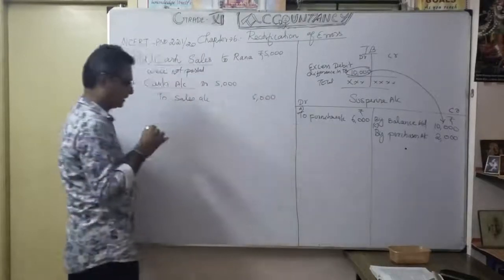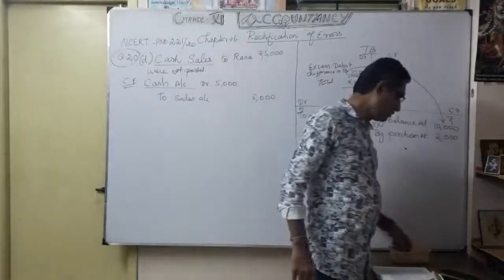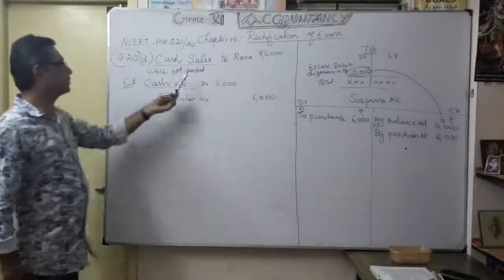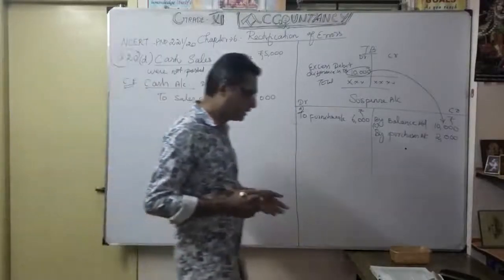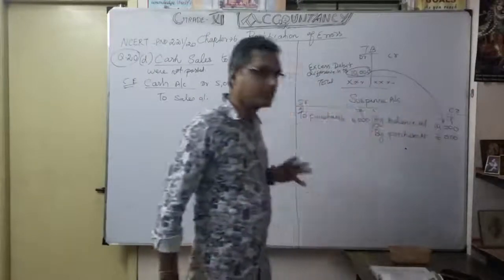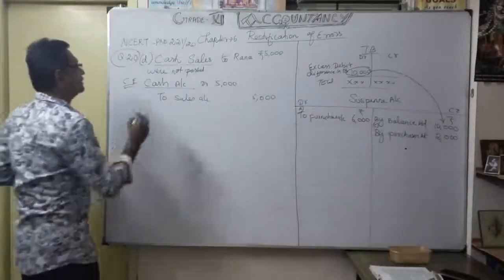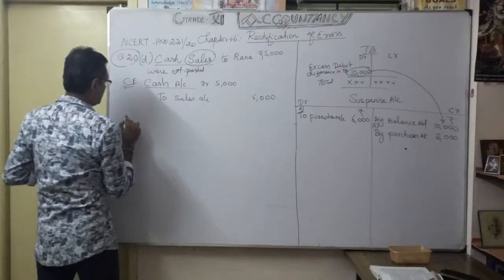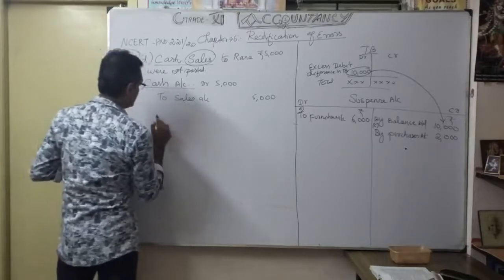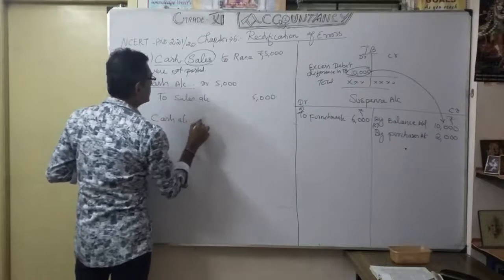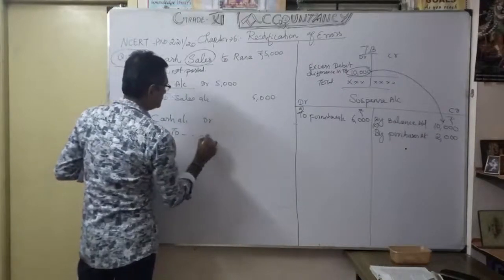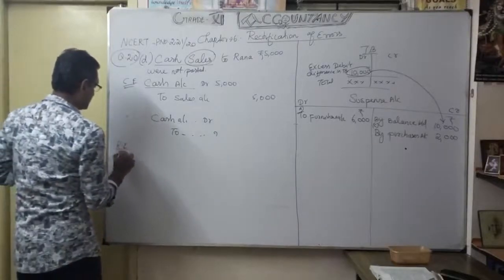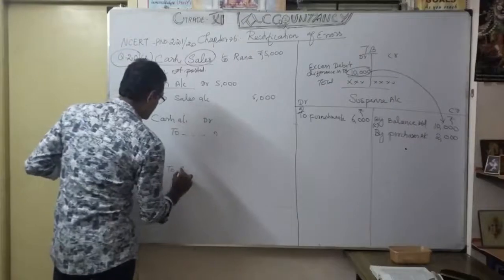Okay, that's the correct entry. So then what happened? They did not post. See here, cash sales to Rana 5000 were not posted. So naturally, how will we classify? That's what they given, isn't it? Not posted. So we consider it. Not posted to where? Sales account. Okay, that's what. So that's what I just gave the effect here. They did not give to sales account; they gave to cash account. So now we are going to do the rectification entry. What is that? So as you know, to sales account.